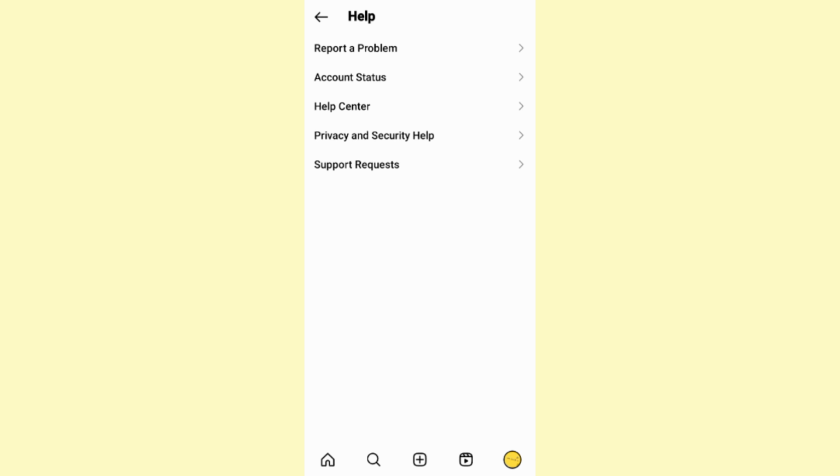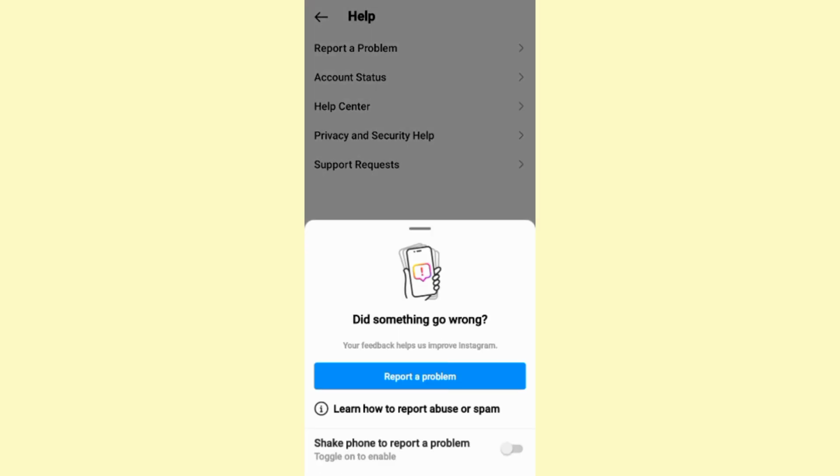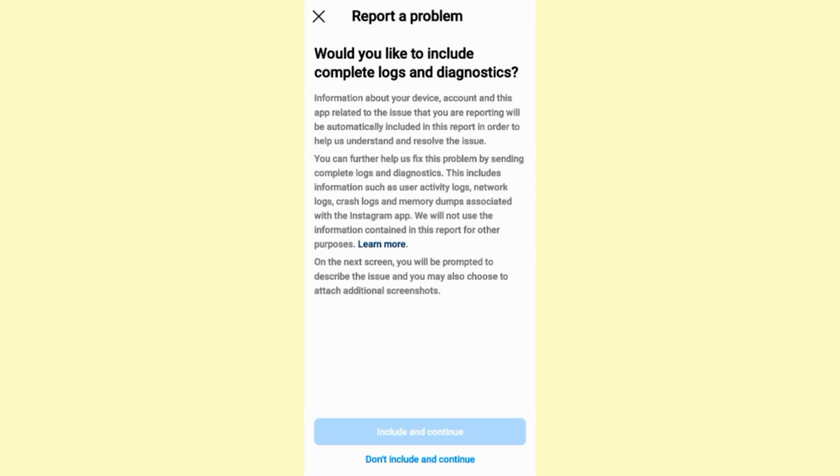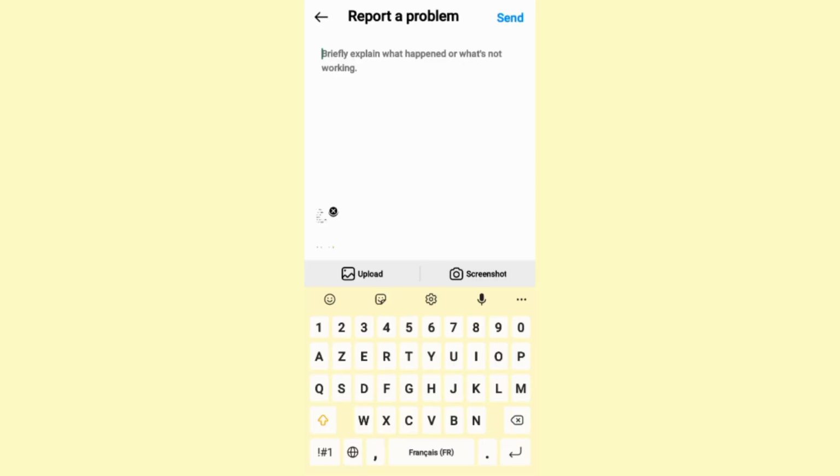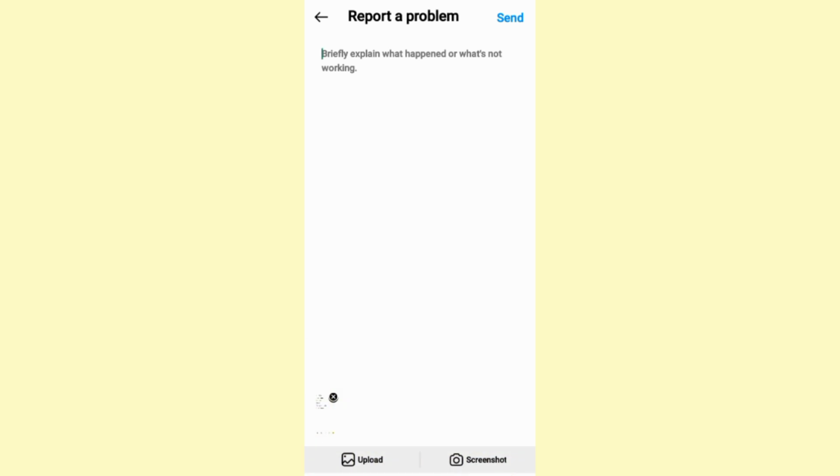And essentially what we will be trying to do is we will try to reach out to Instagram and ask them to give us back the old smaller icons if that's possible. So let's click on report a problem, click report a problem, click include and continue. And on this page right here, we will message Instagram asking them,